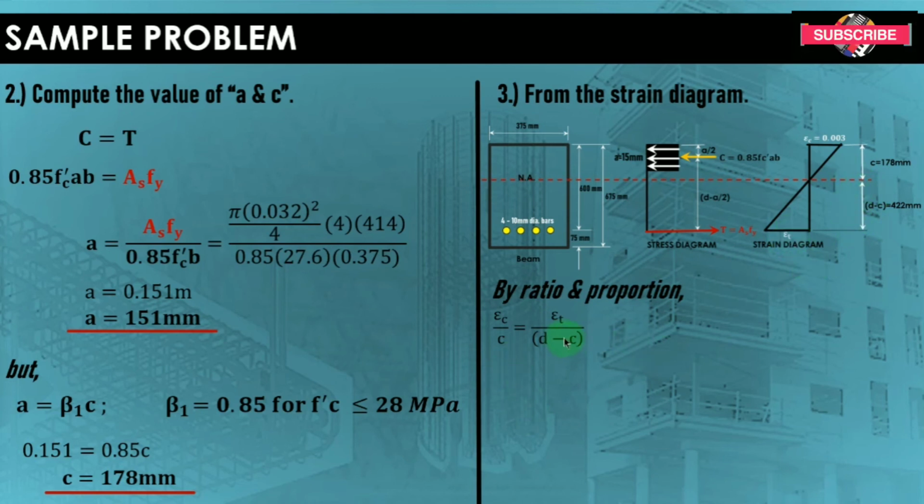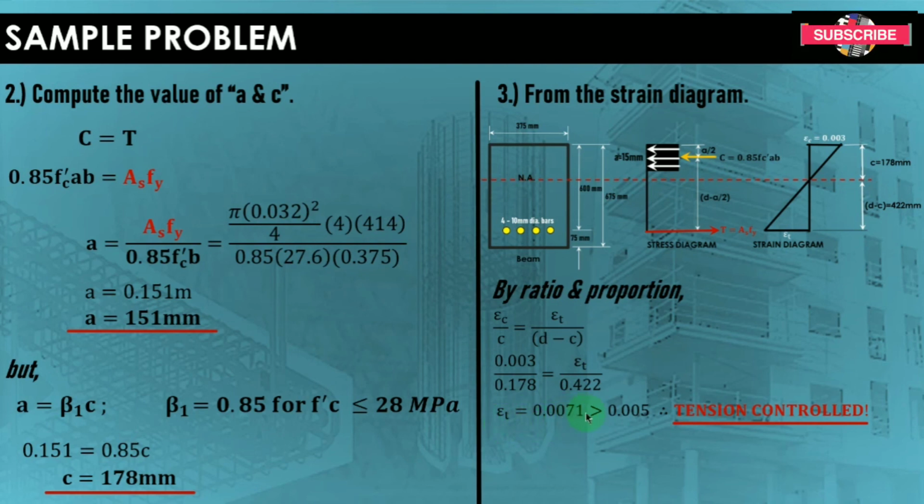Okay, so substituting the known values. So, epsilon c is 0.003 over this c, which is 178. So, we are using the unit of meter. So, this is 0.178. Equal now to this tensile strain of your steel over this 0.422. Okay, so we can actually get the value of our tensile strain of the steel, which is equal now to